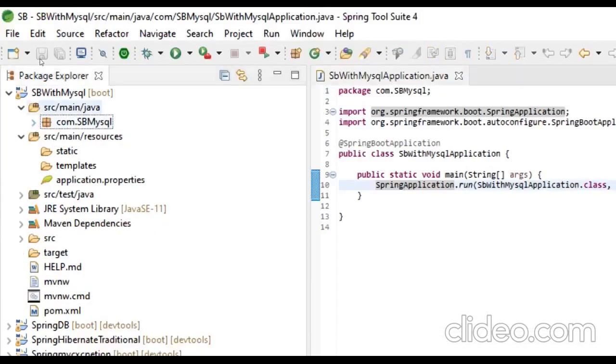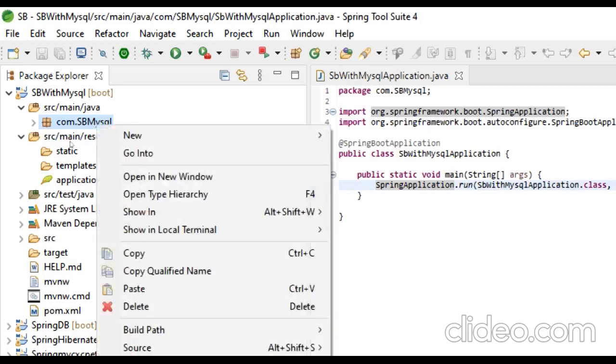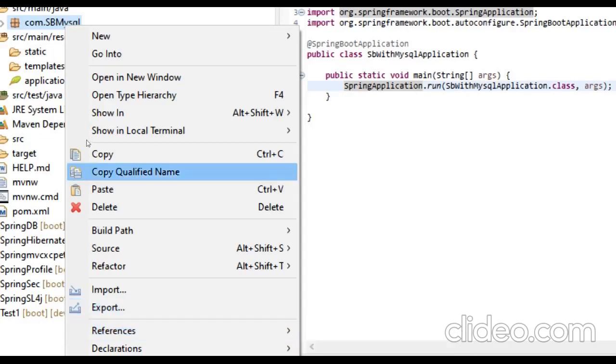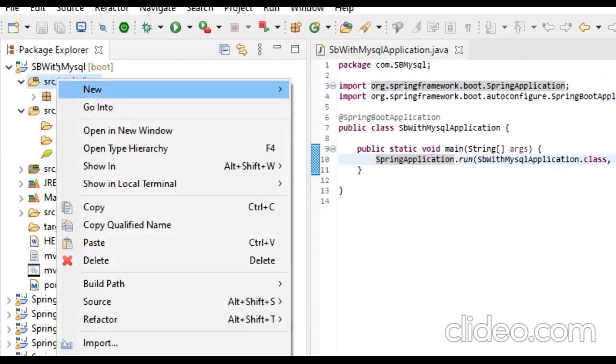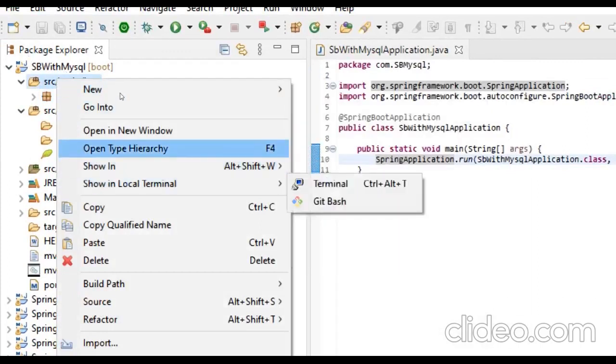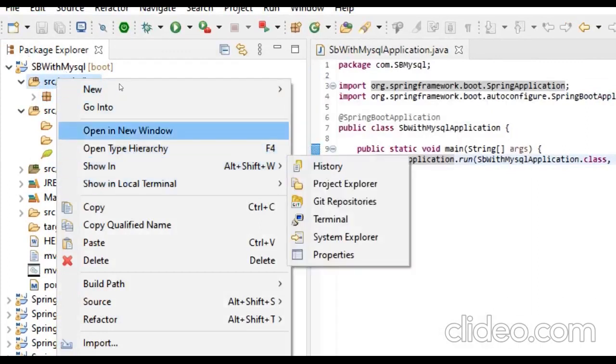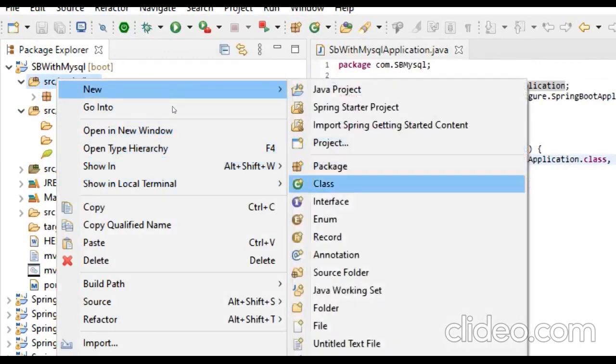Then what is model? Model is a representation of our Java object, which is going to be saved in the database. So we need to add properties in the model class. Whatever properties we declare in the model class represent a column in the table of a database. We need to add getters and setters methods to access the properties, and we need to add the no argument constructor.